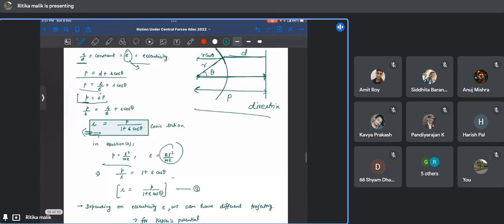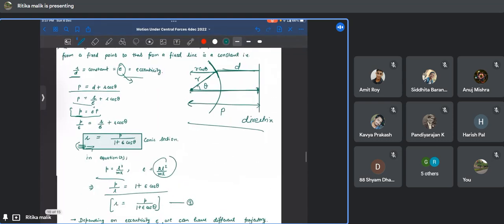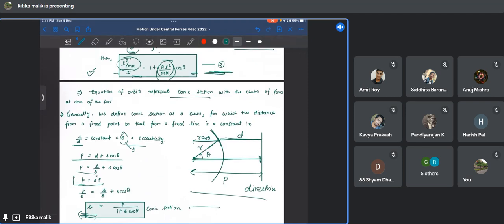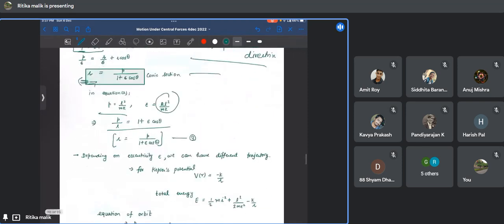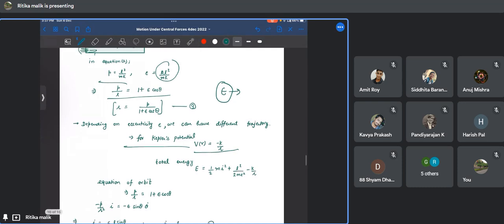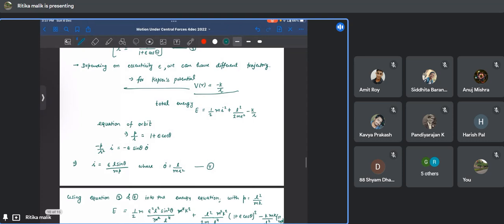So when you put that into the equation, this equation will take the form of a conic section. So this is your conic section equation. And for the case of Kepler's potential, V(r) is minus k by r. So we just have to see how the different eccentricity will give you different equations for the ellipse, hyperbola, and parabola. So if your total energy can be written as 1/2 m r dot squared plus V effective term,